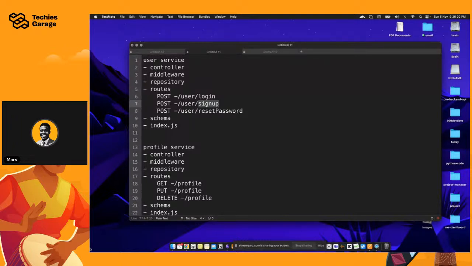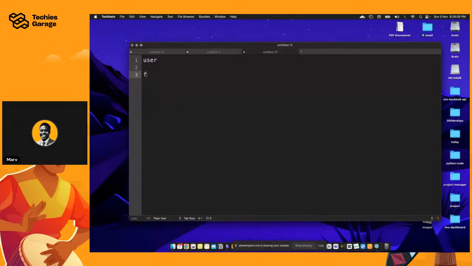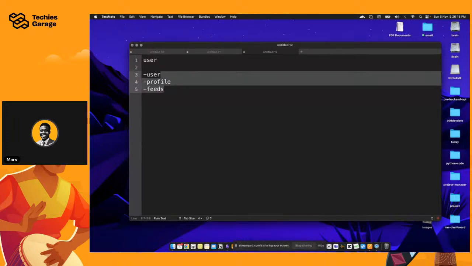Then you have different modules such as that for your feeds. So let's list them out again: we have the user, the profile, and the feeds. I'll probably stop at these three.